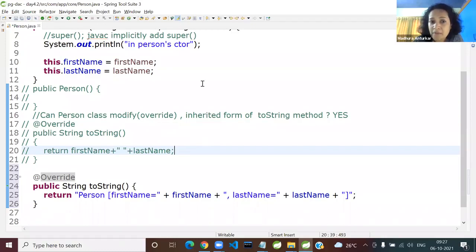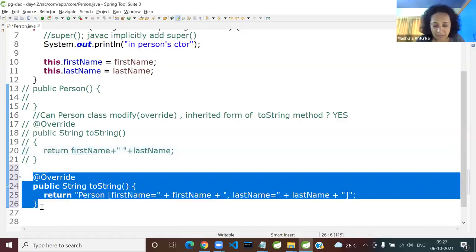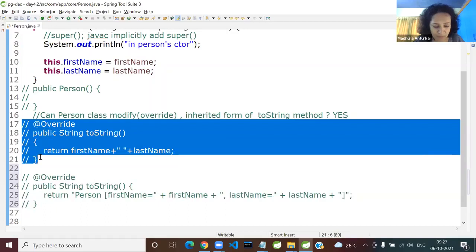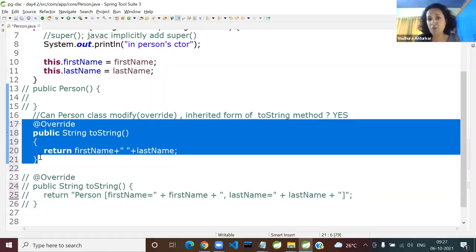You got me? Any specific questions on annotation or whatever you have learned so far in method overriding? So this is it. Of course I'm going to comment this out and keep our own version, but that was just done to show you the IDE is also going to use it. So my insistence to all of you is, anytime you are overriding, anytime,